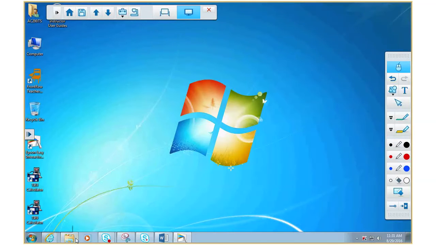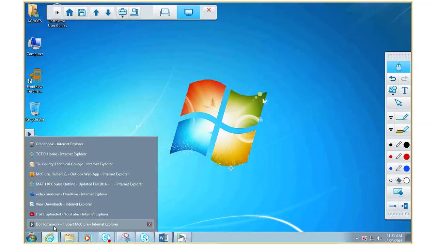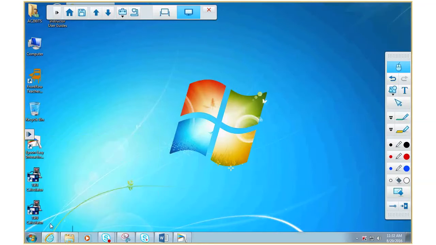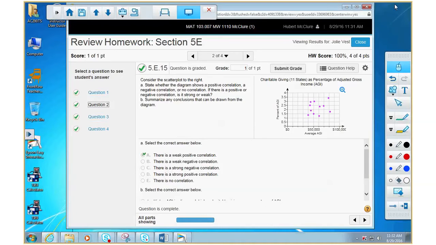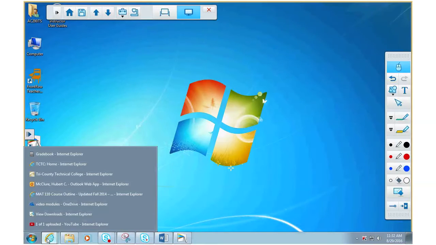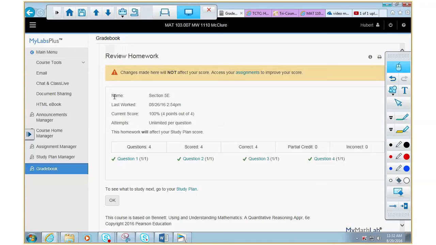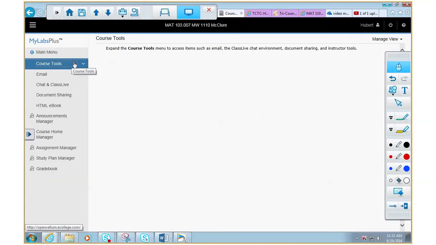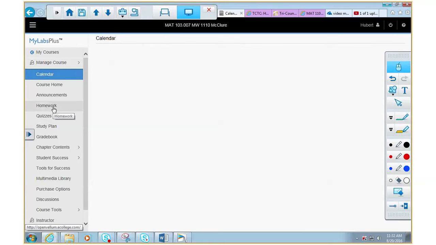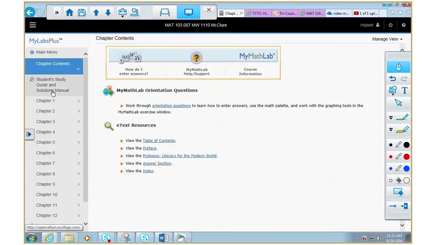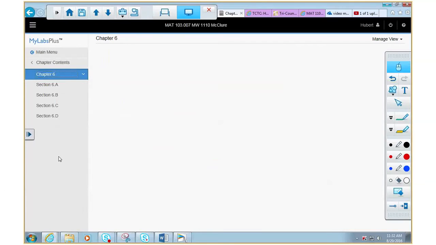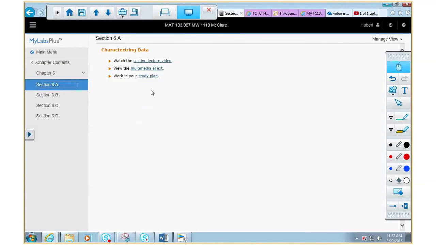All right, let's get back to our chapter 6. Let's see if I can pull up anything with chapter 6 since I wasted all that time looking up stuff. There is course tools, and I'll try to pull up the chapter contents again, chapter 6, and then